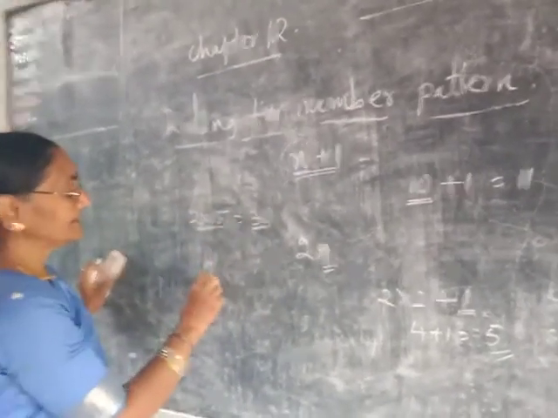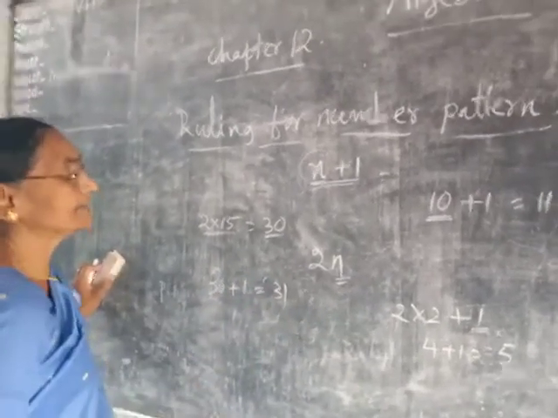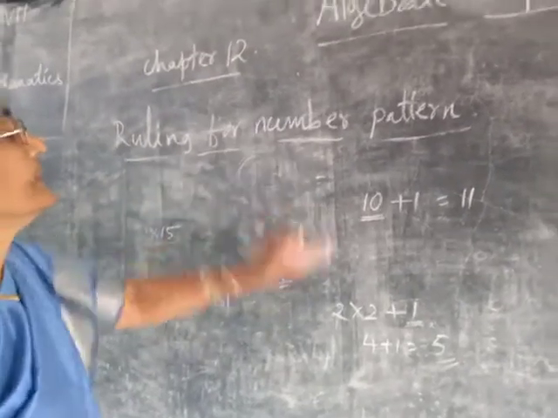If you will, then what is the successor of that? Then 1. It is an odd number. This way is the number pattern. Suppose